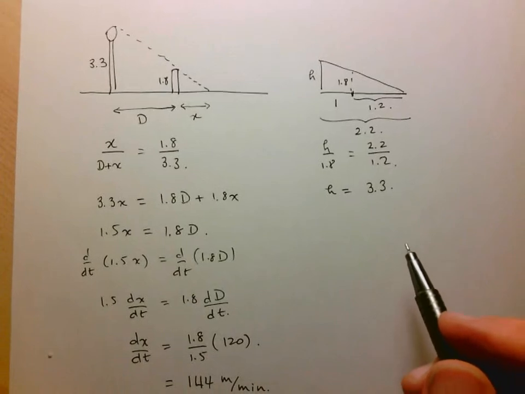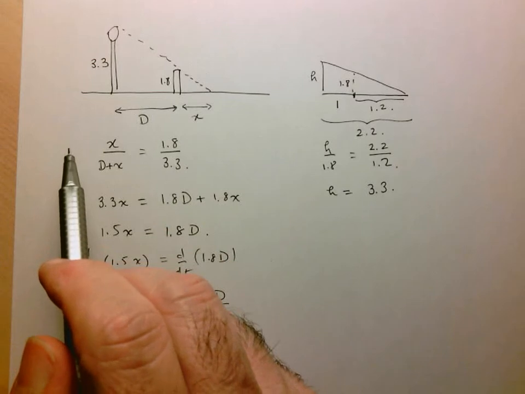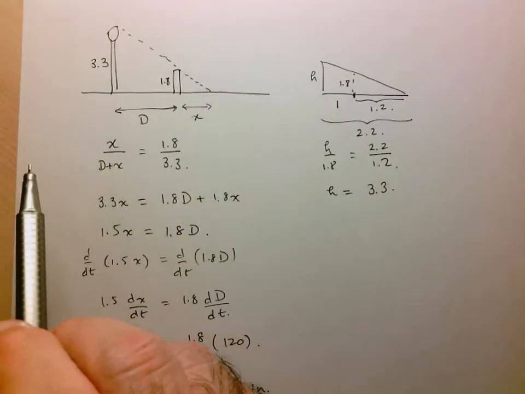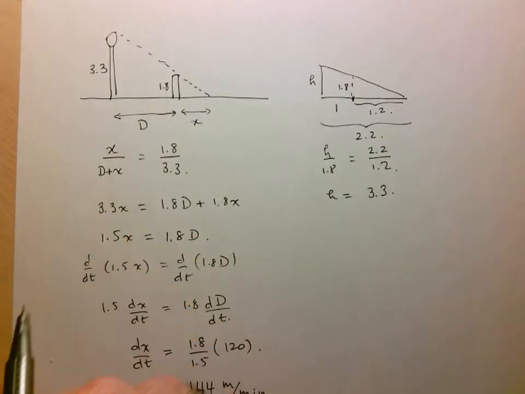So just a recap here. Again, it's all about having a good diagram, and not just assuming that because it's a right angle triangle, it must be working with Pythagoras, but to see that you have two similar